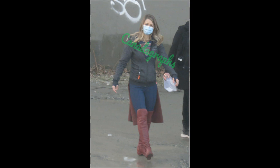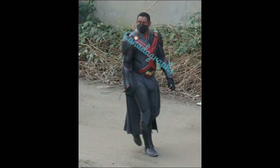These are additional photos I've added from the first set that I caught of Supergirl a couple of days earlier at a place called Molson Brewery that's not a brewery anymore. Saw Melissa there. You see David here in his Martian Manhunter outfit. These were the first shots anyone got of them on location this season,